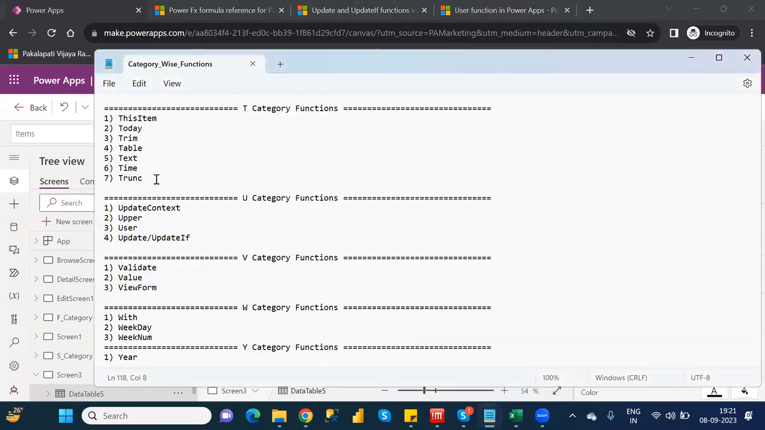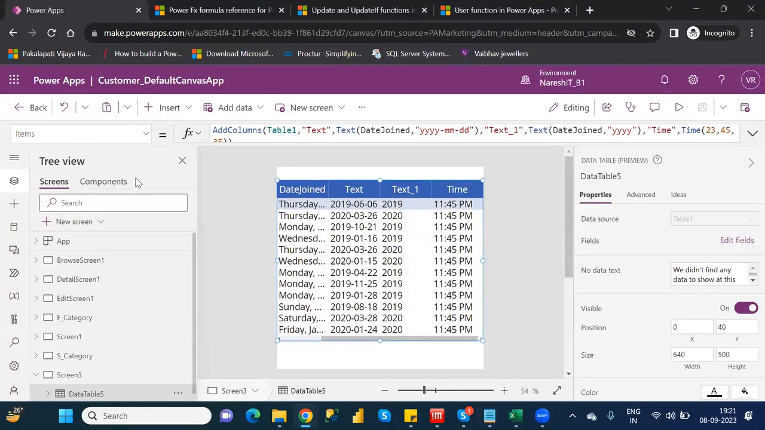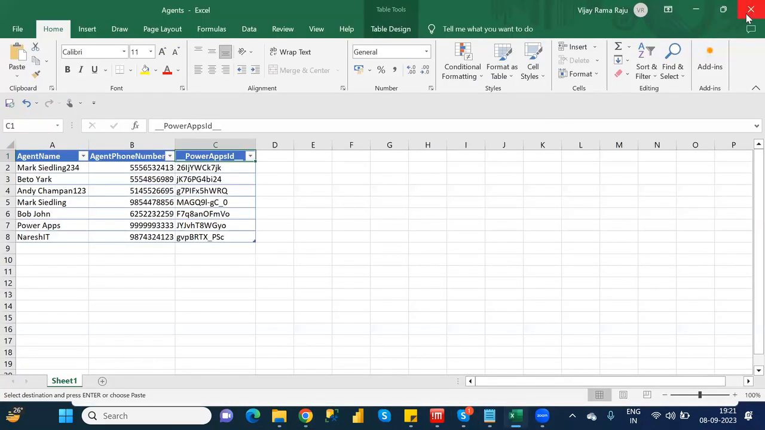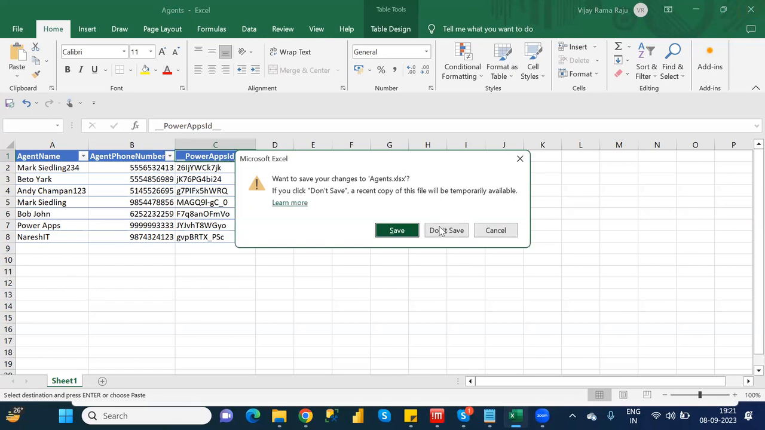Next one. Next one is trunc. I told you, right? Trunc means, see, at the time of discussing int, we were discussing about trunc, right? So what will the trunc function do? That means if you want to generate, suppose, for example,